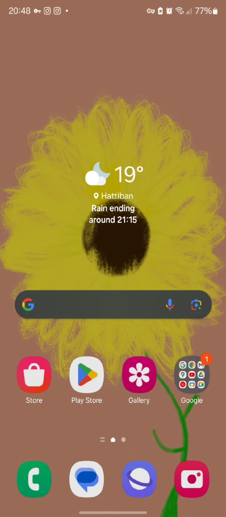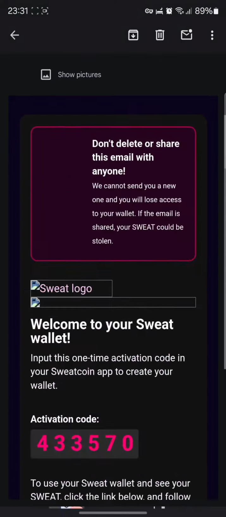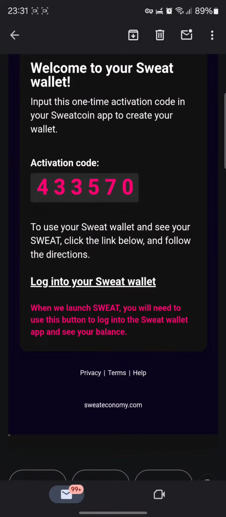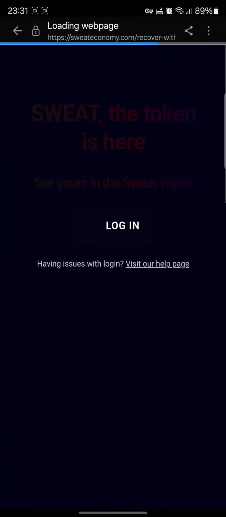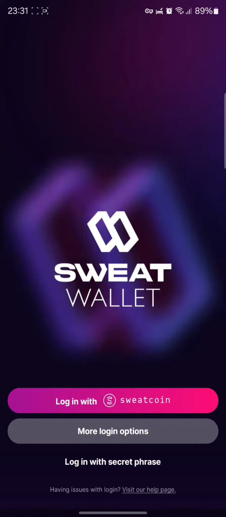So to log in to your Sweat Wallet app, first and foremost, you need to open your Gmail. There you will find the activation mail. So simply tap on it, and once you tap on that link, you will be redirected to this kind of interface. So simply tap on the login option once again, and after you do so, you need to now tap